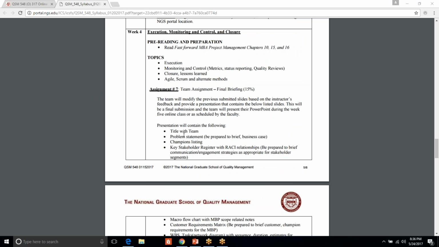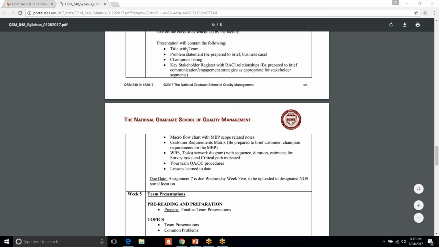So the final assignment, which is again a team assignment, we take all of the slides based on our feedback, and the final evening we'll have a presentation that contains the following slides that are listed below. And you will present that, each team will present that online to the class on the final week of the course. So the presentation will have these slides: the team slide, the problem statement,